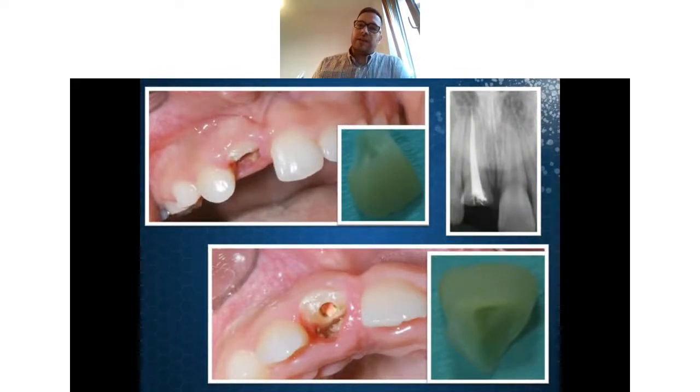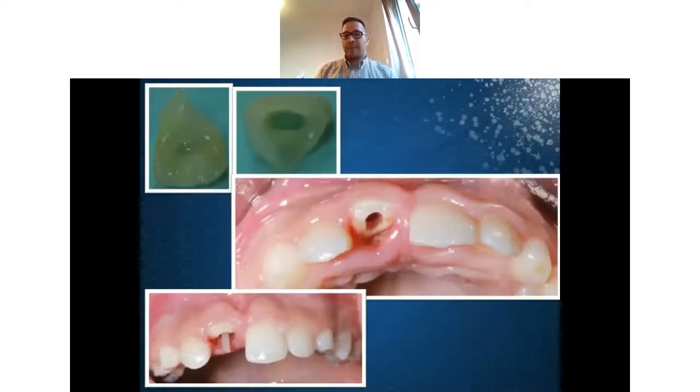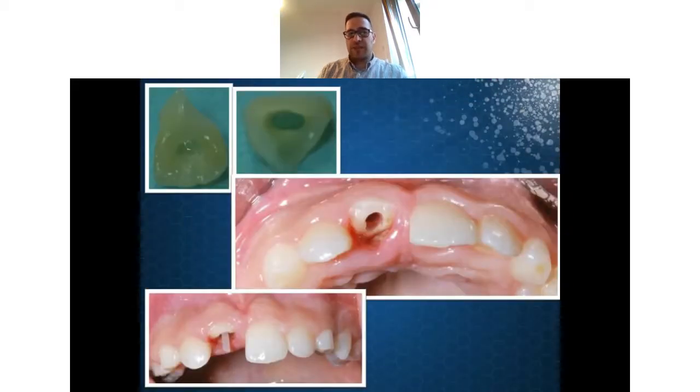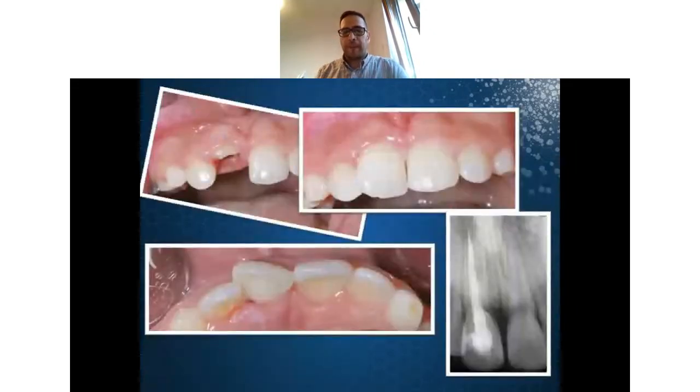This is also a case that was quite complicated, and this case was considered on a trial basis, just to try to see what's going to happen. So first the endo treatment, and then afterwards, since we had the fragment, we wanted to use the fragment because the fragment and the root, I cannot say the tooth, but the roots actually were really intimate in their connection. So in this way, we did the complete procedure, and then what happened later on is that we put the post. You can see the space inside of the fragment that was made for the post, cemented it together,